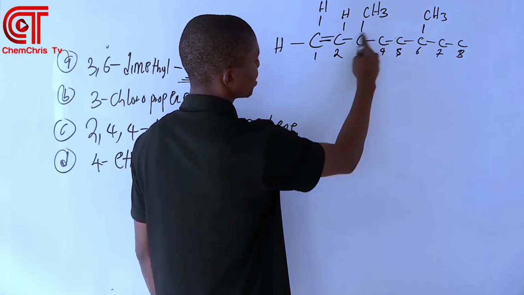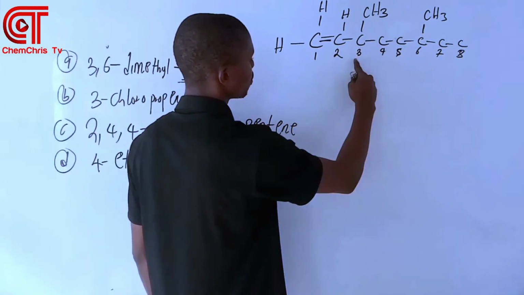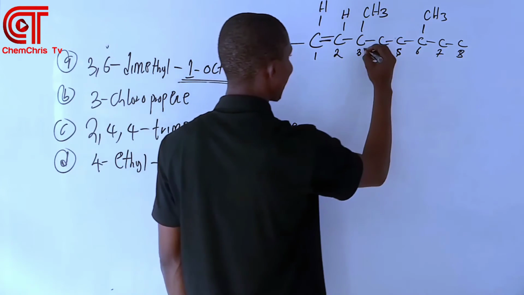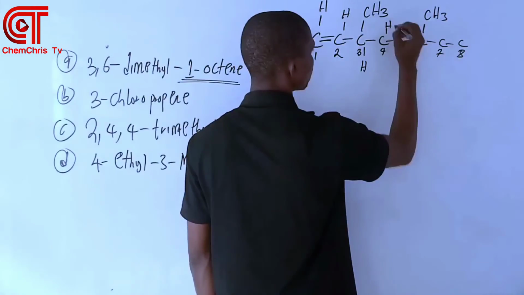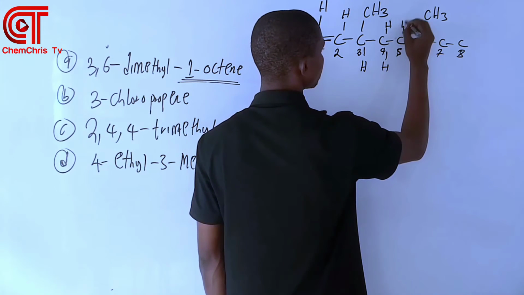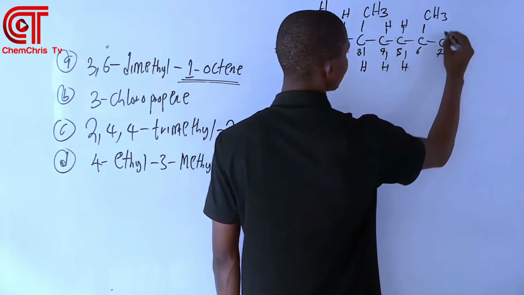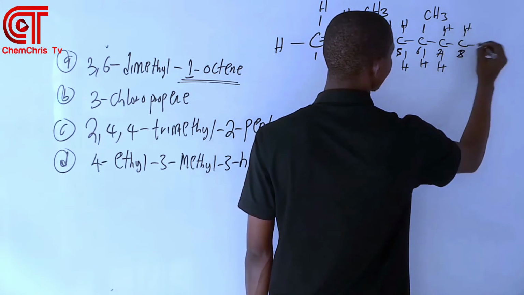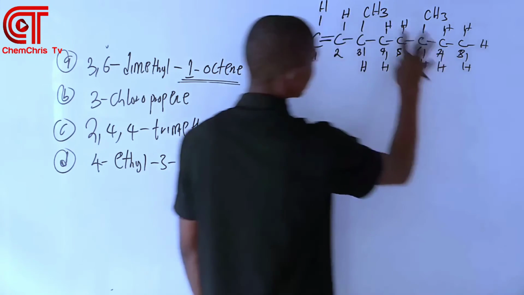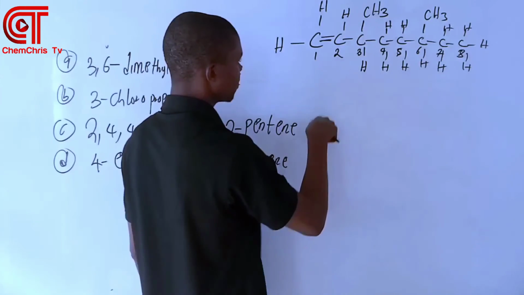This one already has 3 bonds, right? So you need 1 more. So there's hydrogen here. The same thing here. So it needs 2. No, this one needs 1. This one needs 2. So it needs 3. So if you don't do it like this, you can actually express it as